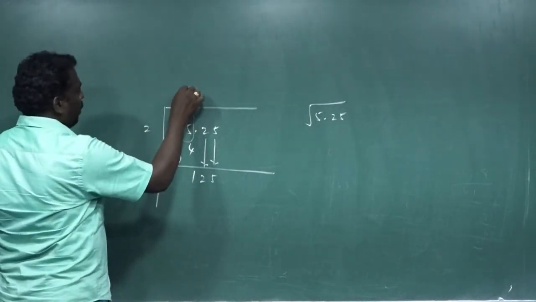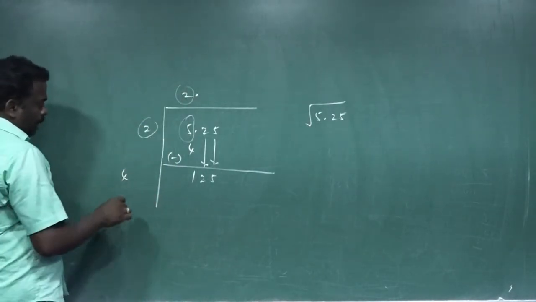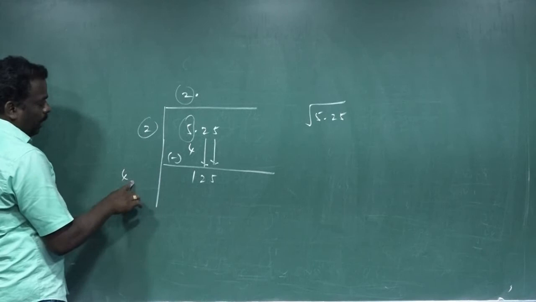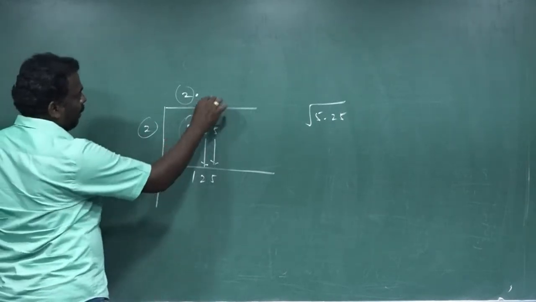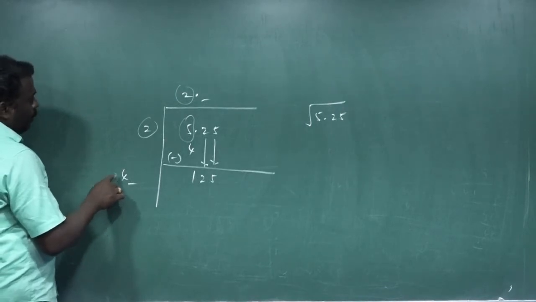After that we have to add these two numbers: 2 plus 2 equal to 4. Now we want to write a new number here. The same number is repeated in the quotient also. Therefore we write here, suppose,